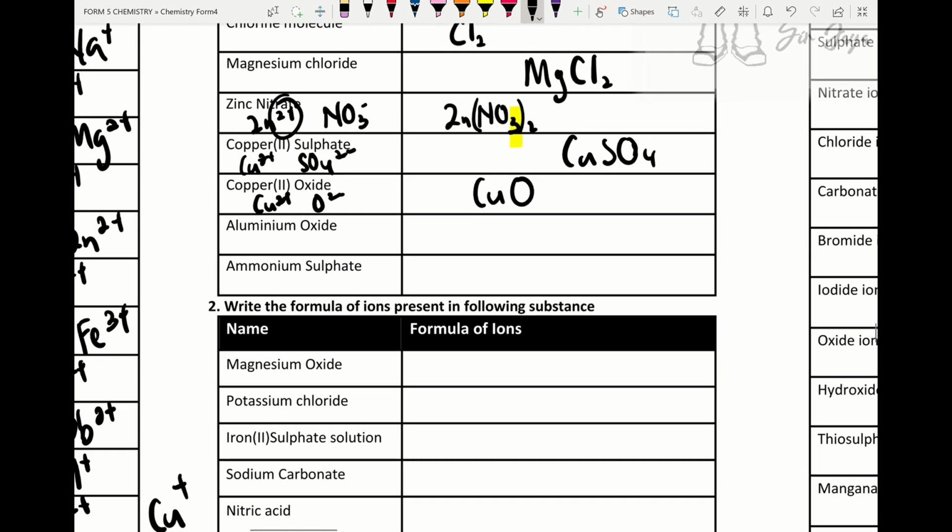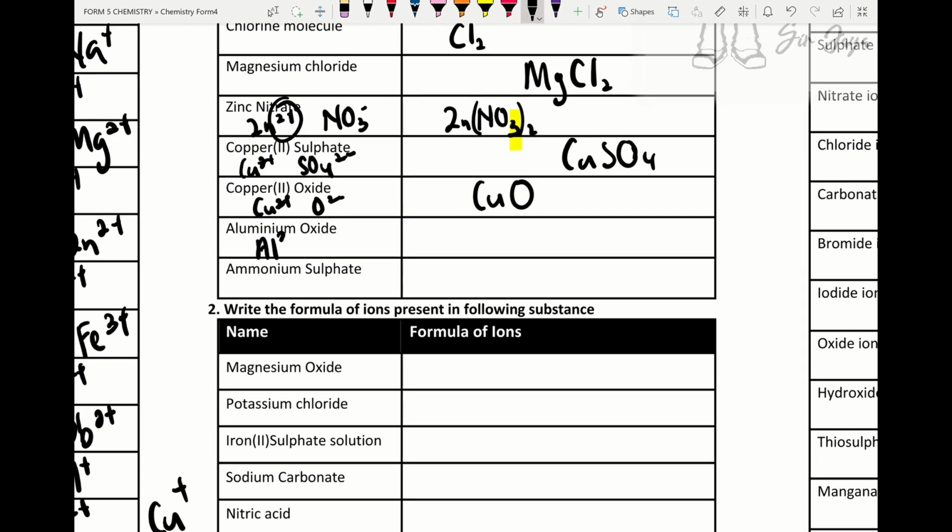Alright, so we check the next one, aluminium oxide: aluminium ion Al3+, oxide ion O2-. So the formula will be AlO. Take the 3, put it at the oxygen, take the 2, put it at the aluminium. Alright, so this is the formula for aluminium oxide, Al2O3, and I will try to do the aluminium ammonium